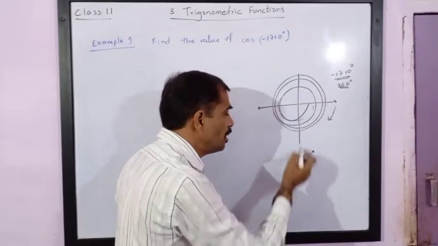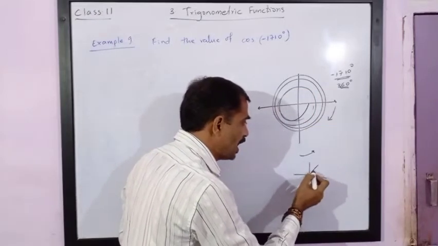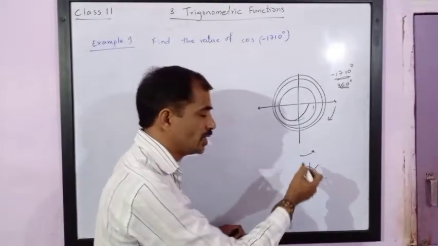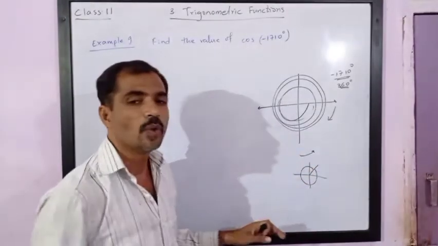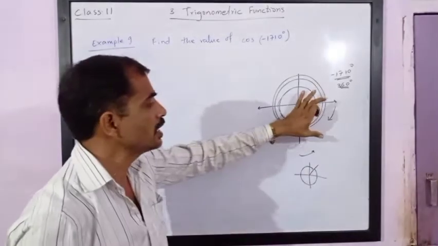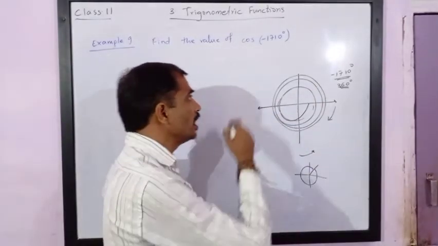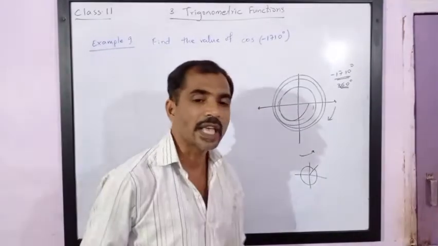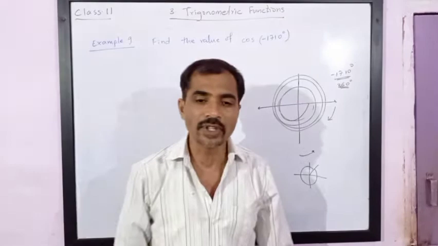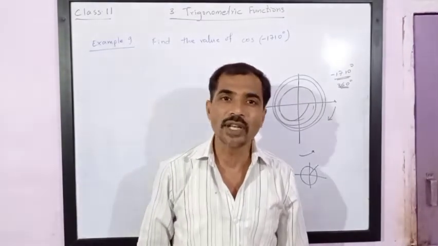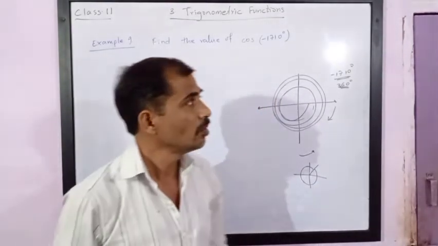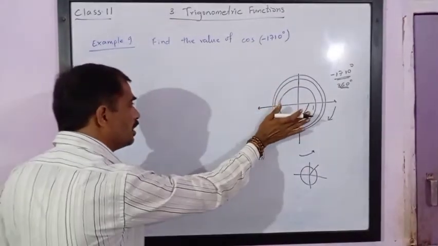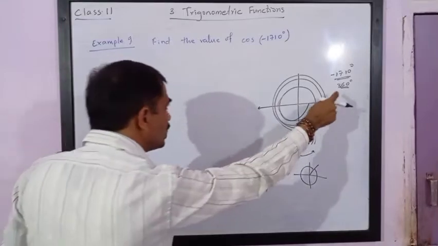If the angle is here, by adding 360 we will move exactly one rotation back. So let us come to the same position by rotating it 360 degrees. Please note here, sine, cos, sec and cosec values get repeated after 360 degrees. Tan and cot values get repeated after 180 degrees, that is pi radians. Here it will get repeated after twice pi radians, or 360 degrees.